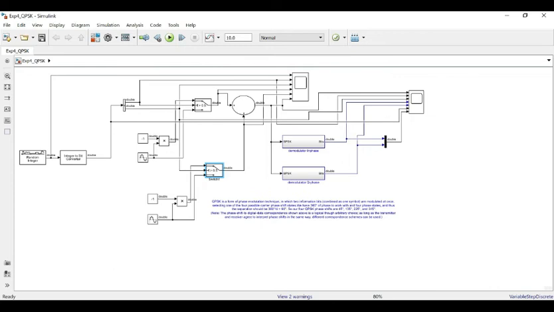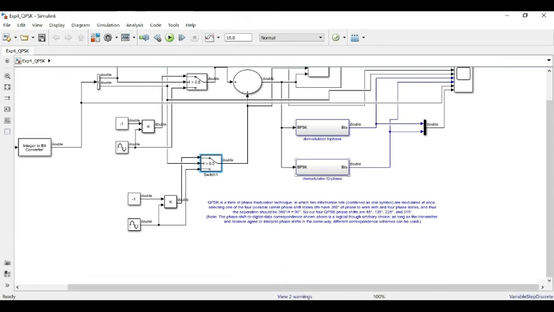What are the other names for QPSK? It is called 4PSK, quaternary, quadrature, quadriphase. These are all the names we're going to use for QPSK. So now let's look at the diagram perspective.